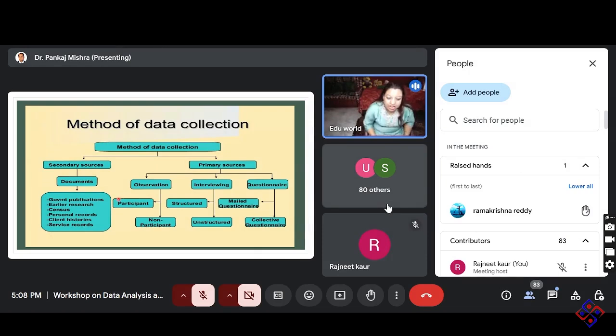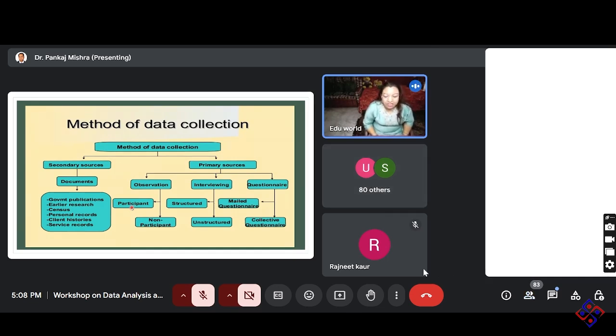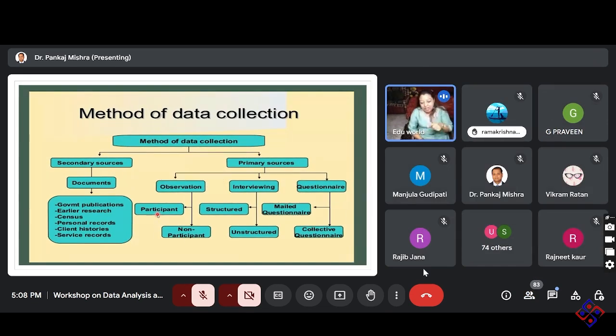Participant observation is when, as a researcher, I'm participating in the research study, like I'm pretending to the respondent that I am one of the members of your group. Like if I'm conducting a study on a tribal group, I pretend that I am one of the members, and I will stay with you. I want to learn something from your culture, so that's why I'm here. By participating in the process, I will collect the data, but I won't let them know that I'm just observing them and collecting the data. That one is the participant one.